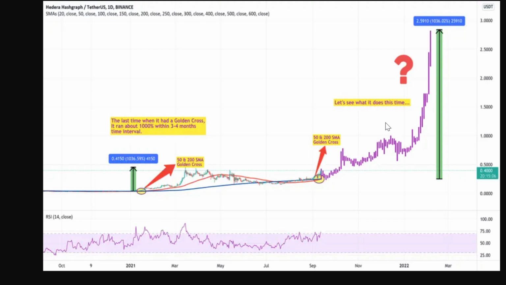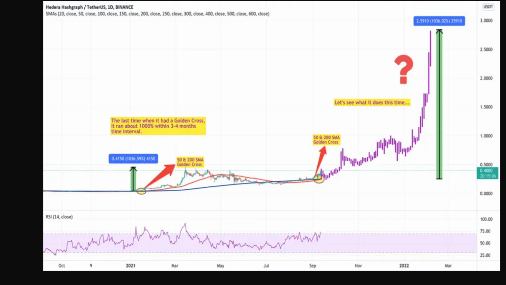Now that, of course, is into 2022. That is not today, tomorrow, or even in a couple of days from now. We're talking about March 2022, right? And you might not hold until then. You might hold until $1.50, $1.70, $1.80, and then you might be okay with that. But I think the potential is there, and I think that's exactly where we are heading.